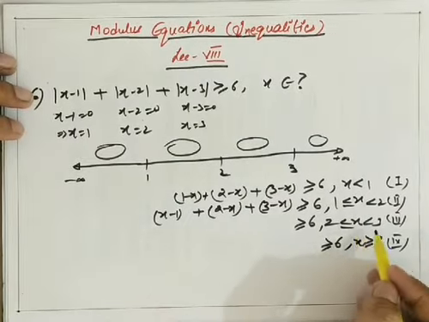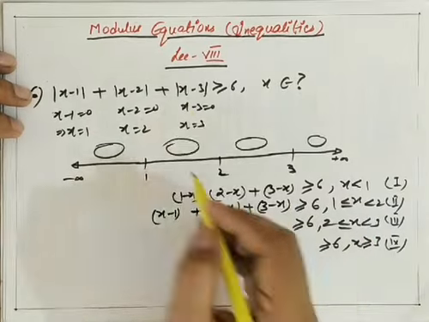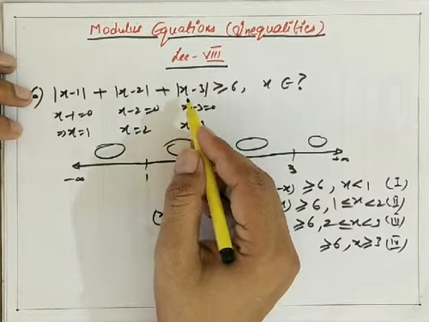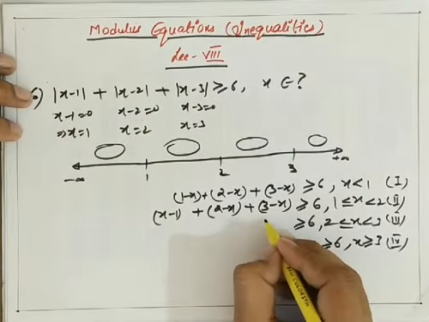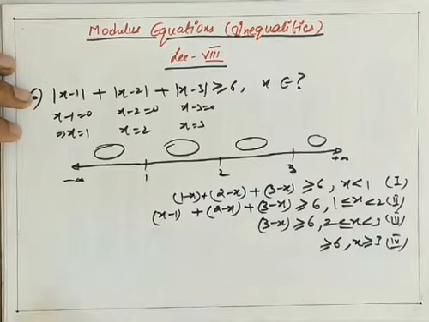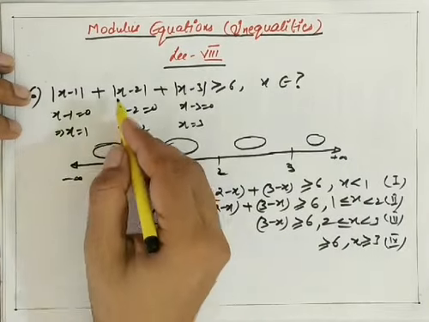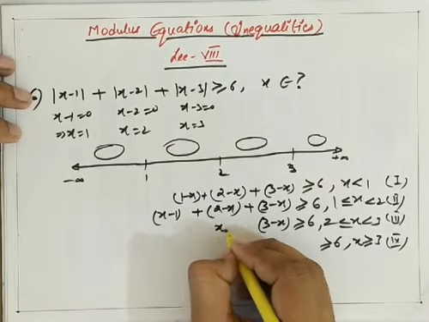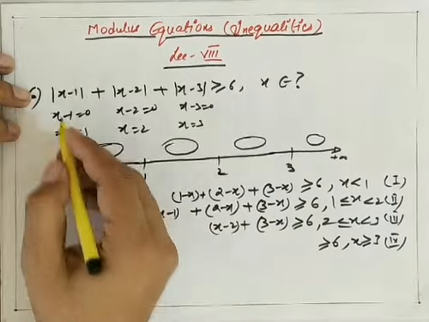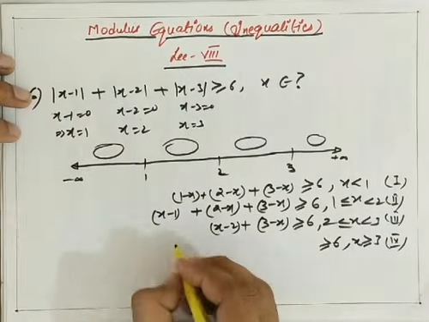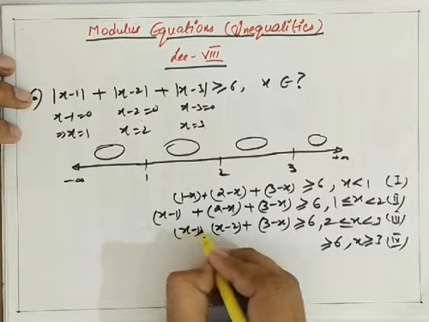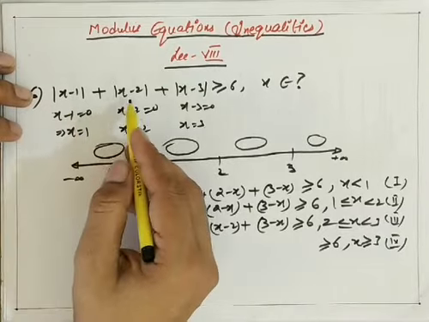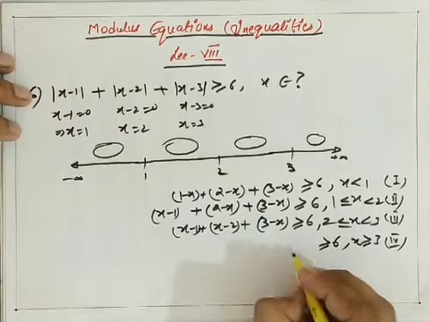Now let us consider the third interval between 2 and 3. Suppose 2.5 is there. If I put 2.5 over here, we will get minus 0.5, and in order to make it positive, I will have to multiply with a minus sign. So that means it will become 3 minus x. Now in the second one, 2.5 minus 2 is simply 0.5, let it remain as it is. Now 2.5 minus 1 is again 1.5, which is already positive in itself, so let it remain as it is. Now for x greater than or equal to 3, take 4. 4 minus 1 is 3, 4 minus 2 is 2, 4 minus 3 is 1. All are positive, and that means they will be copied as they are.